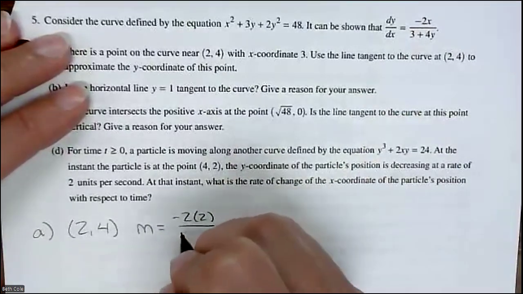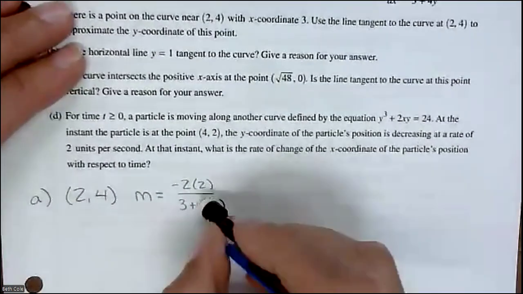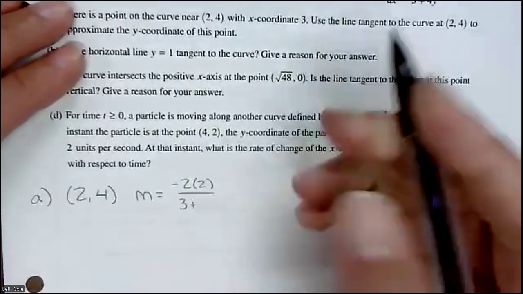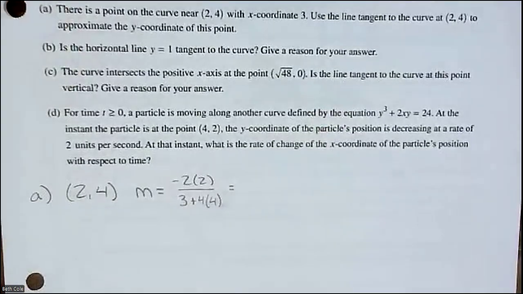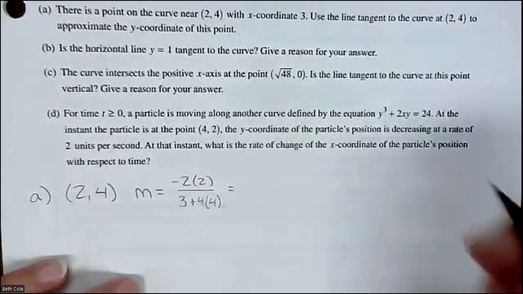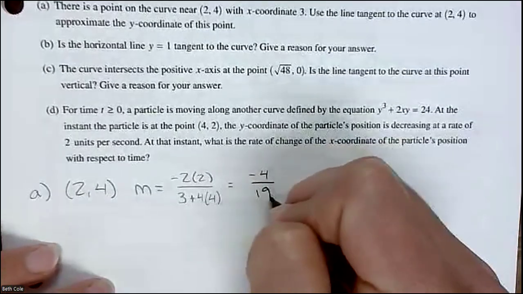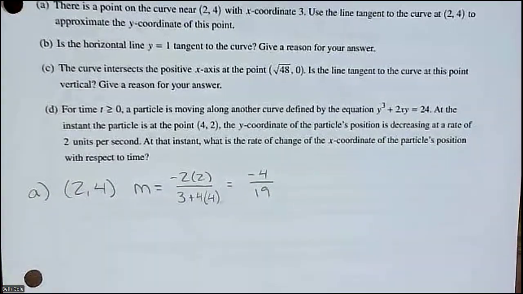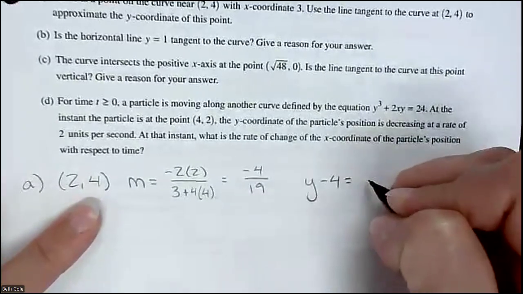So that will look like this. And you are actually within your rights to simply leave it like that. However, I am going to simplify this down because I don't feel like recopying all of that. That would be -4/19. Did anyone else get -4? Thank you. Okay, cool. And then you're going to put it all together. It'll be y minus 4 equals